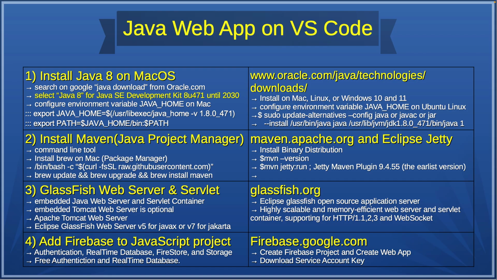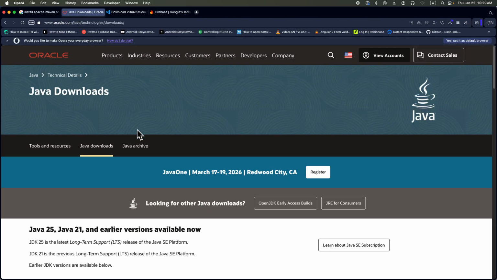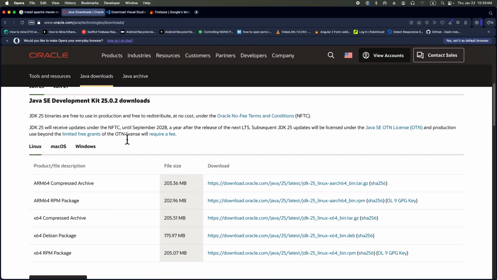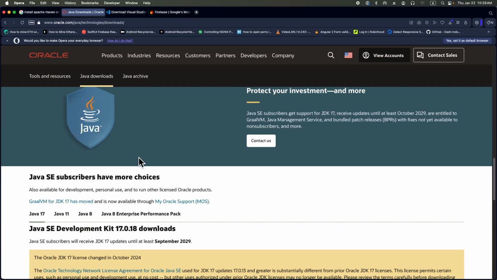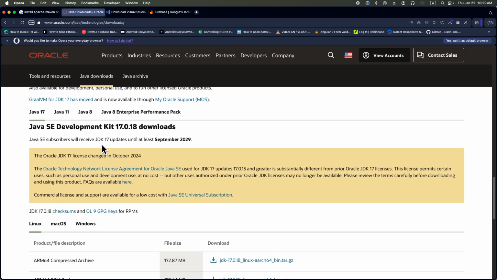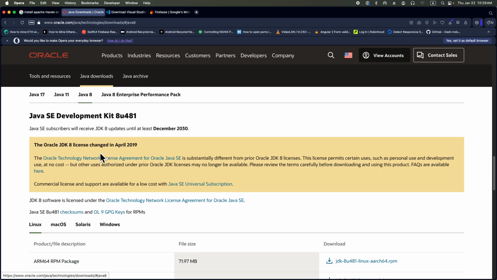First, you need to install Java 8 on macOS. Go to Oracle Java download and scroll down. If you prefer the latest version, that's fine. And you may need the Jakarta namespace framework. I prefer the javax namespace framework. I'm still using Java 8 and SDK version 8, actually 1.8. I've been using it for almost 15 years. So Oracle still supports